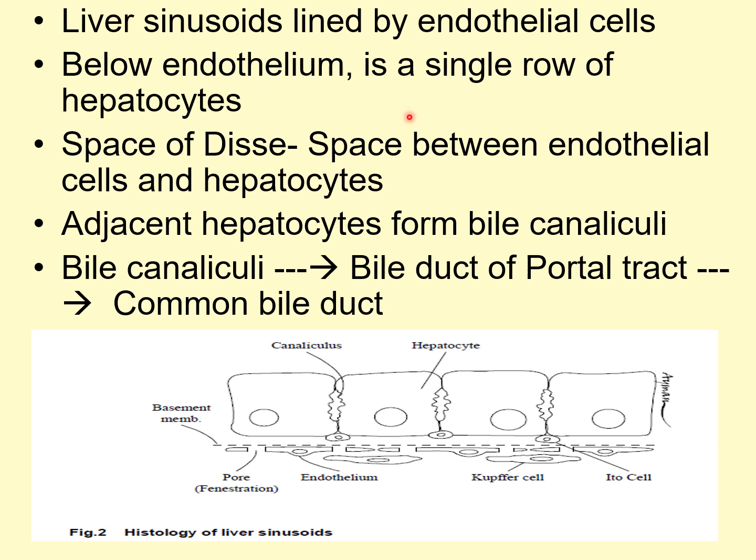Below the endothelium there is a single row of the hepatocytes, and there is a space of Disse between the endothelial cells and the hepatocytes, and adjacent hepatocytes form the bile canaliculi, और ये bile canaliculi से bile duct of the portal tract में जाएगा, and then it will drain into the common bile duct. ठीक है,